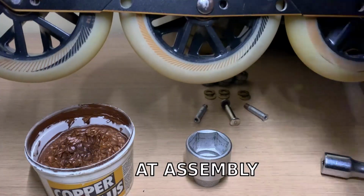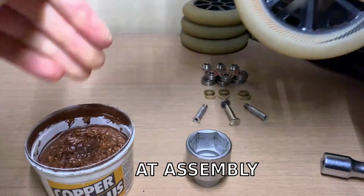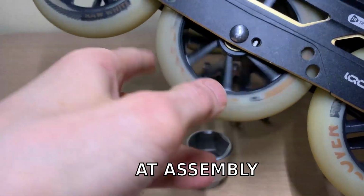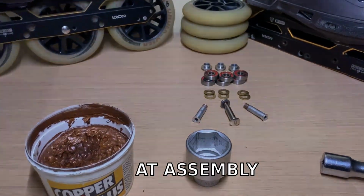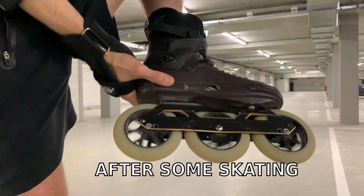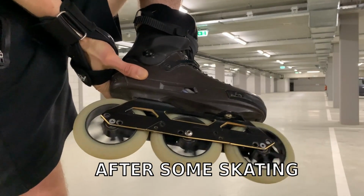So yeah, enjoy. But before we get into the Powerslide, I first want to share a correction on a video I did about the comparison between the decode bearing and another normal bearing, the Wicked bearing, the ABEC 9. In that video I shared how my wheels were not turning very well with the decode bearings after I assembled them, the wheels. And my comments were that I thought probably it's because there's grease in there, not oil, and the grease, if it's cold, is a little bit too viscous to turn the wheels very